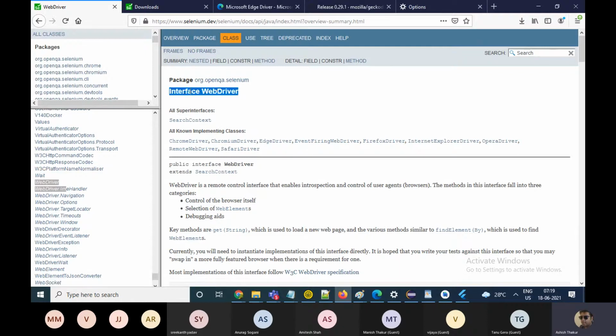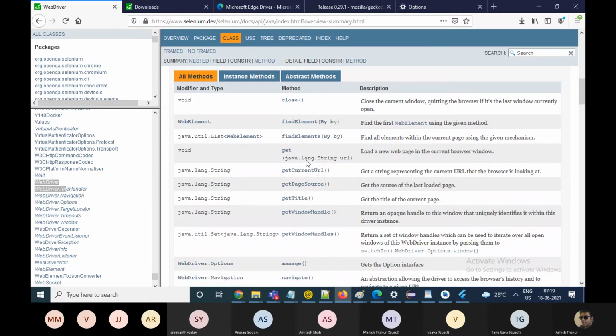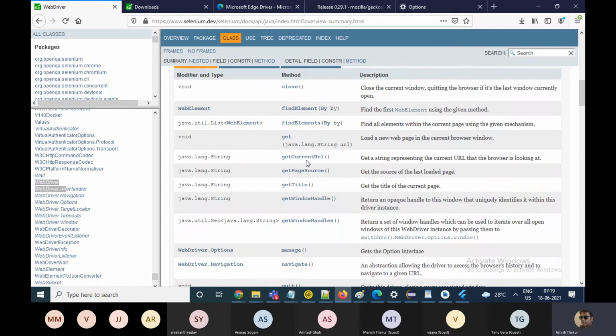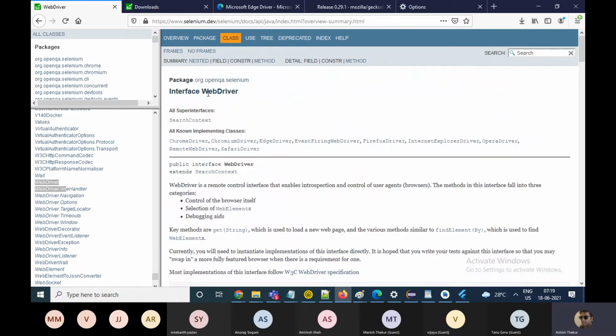It's got a few functions, for example, close, which will close the browser. The get function will get you to some website. Find element function will find some element on the web page. The whole story in Selenium starts from this particular interface.